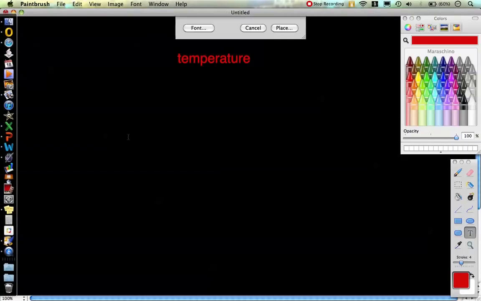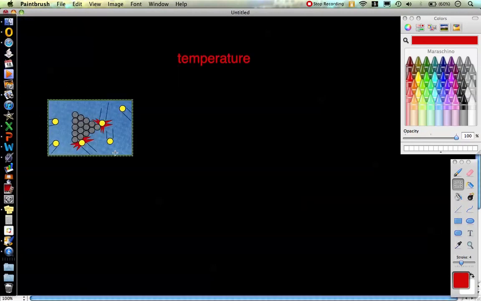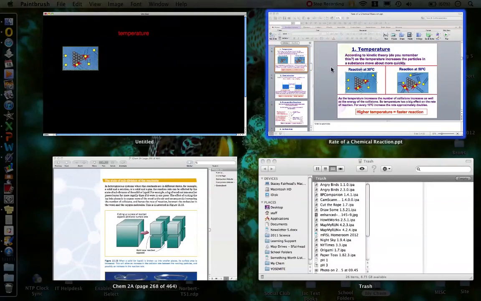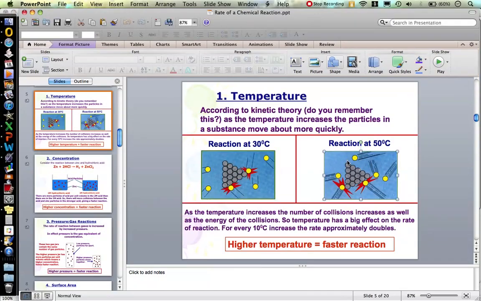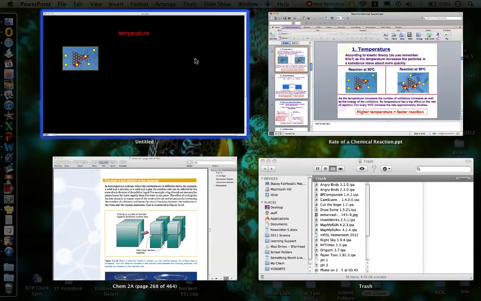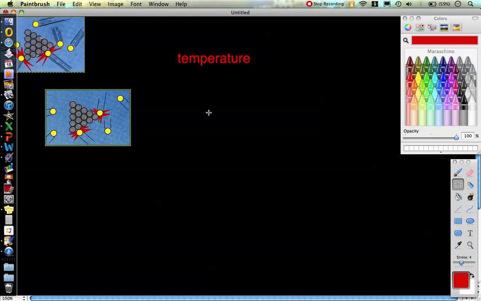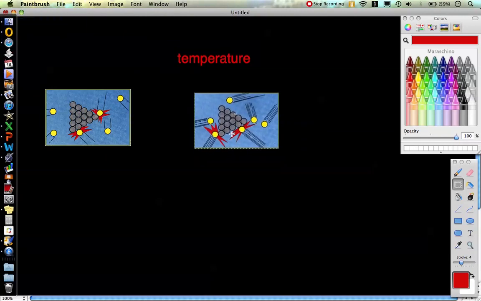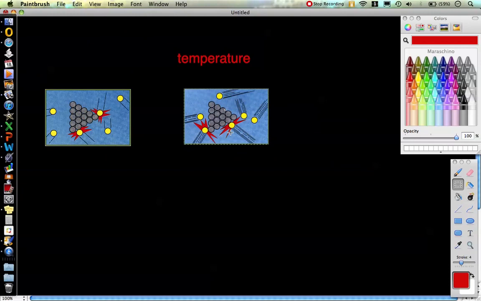Now I've sort of commandeered 2 pictures from a previously arranged PowerPoint that sort of demonstrate this a little bit for us. So here on the left hand side I might have something that is at a reasonably